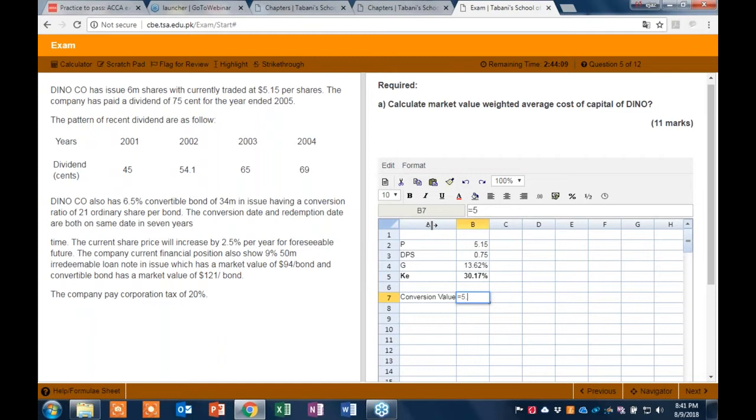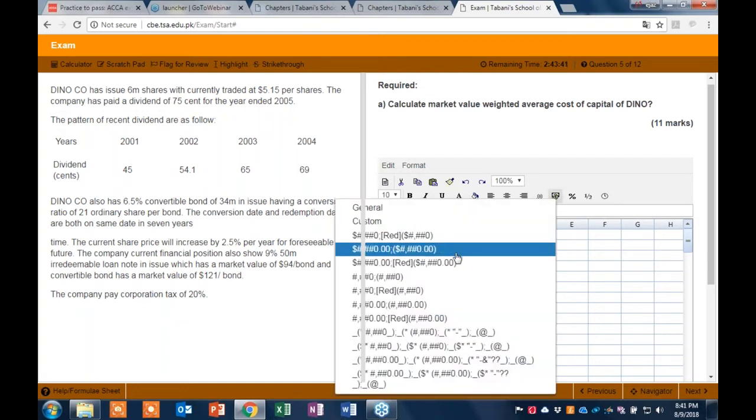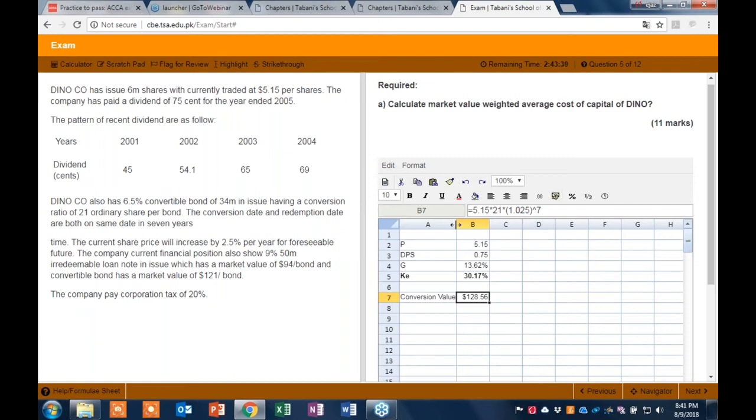The current price per share is 5.15, and if we multiply it with total shares available for conversion, 21, and if we incorporate the growth rate, which is 1.025 raised to the power 7, we get 128.56 approximately, whereas the redemption value will be